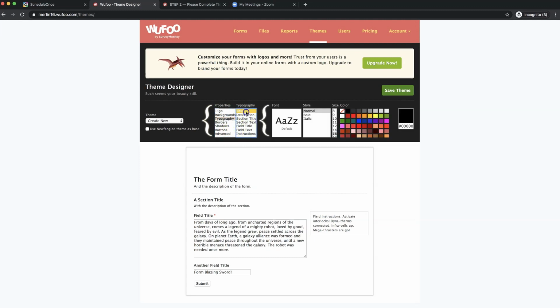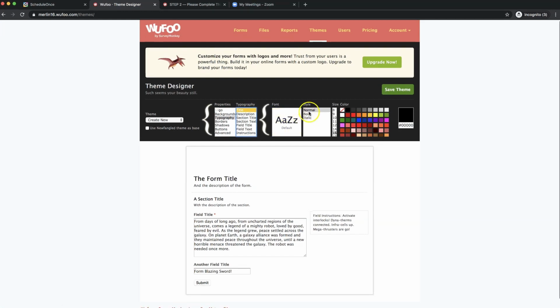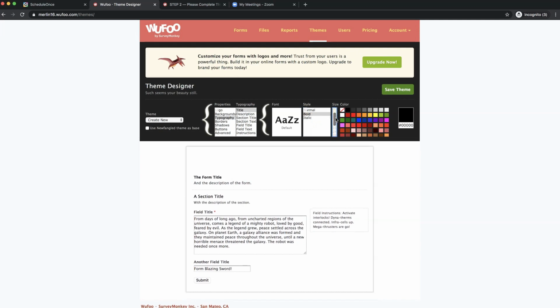Typography is basically the fonts, the style, and the size. So for instance, if I change this to bold, it changes this guy here. I can change the size if I want to make it super small or,